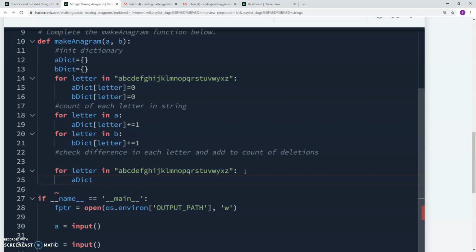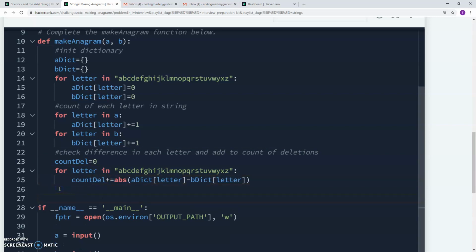dictionary of that letter minus B dictionary of that letter, right? Now we're going to go ahead and say, let's get the absolute value of that. And I'm going kind of backwards. And then let's initialize actually the count. Count del is equal to 0 because we haven't deleted anything. And we're going to say count del plus equals the absolute value of that. And then obviously at the end of our function, we're going to return count